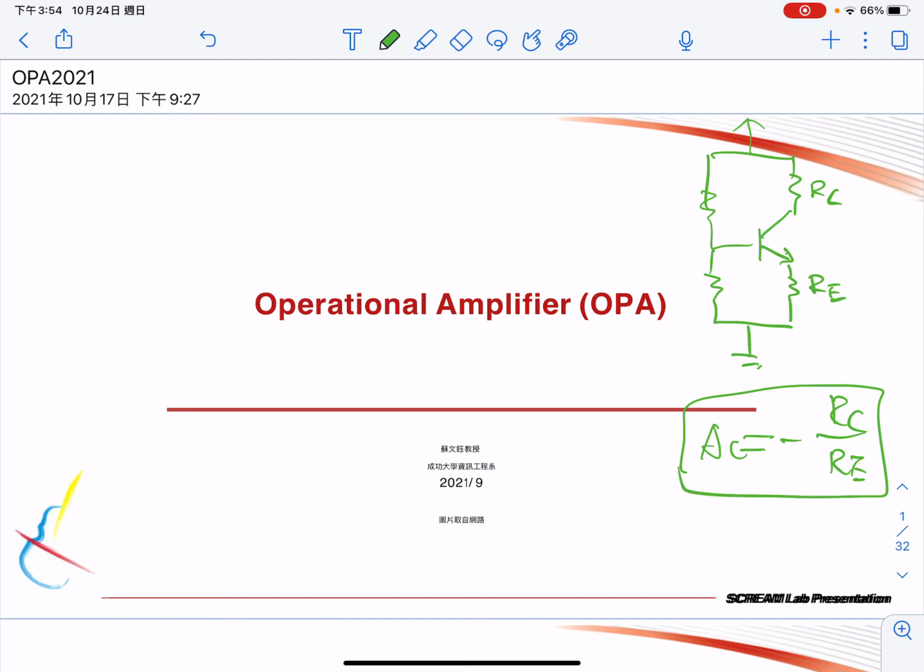But if you run the simulator, you will find that the real amplification factor, the absolute value, will be less than RC over RE, and there are quite a few reasons,